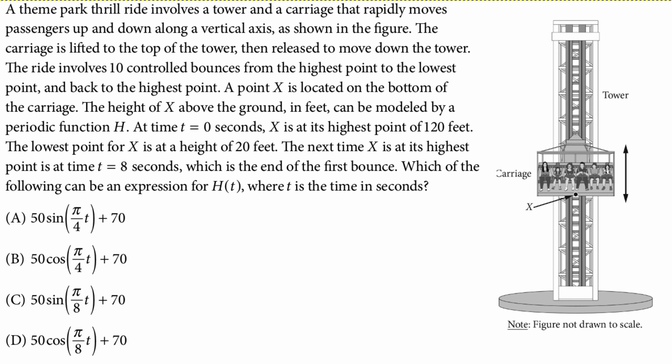At time t equals 0 seconds, X is at its highest point of 120 feet. The lowest point for X is at a height of 20 feet. The next time X is at its highest point is at time t equals 8 seconds, which is the end of the first bounce. Which of the following can be an expression for h of t,